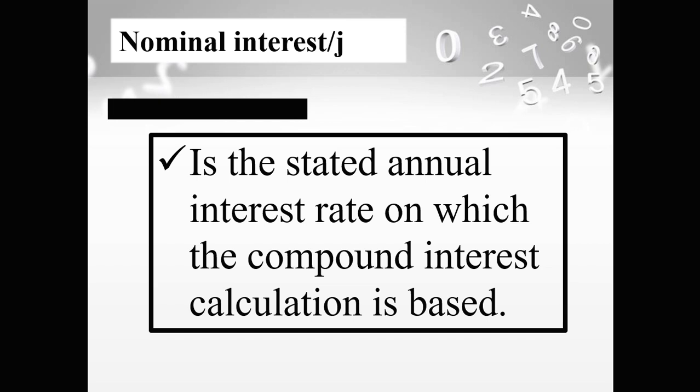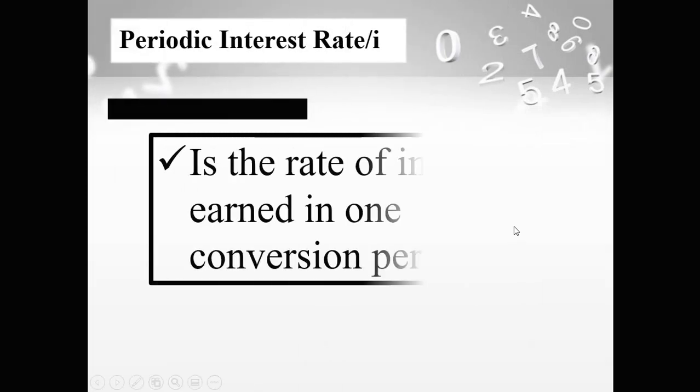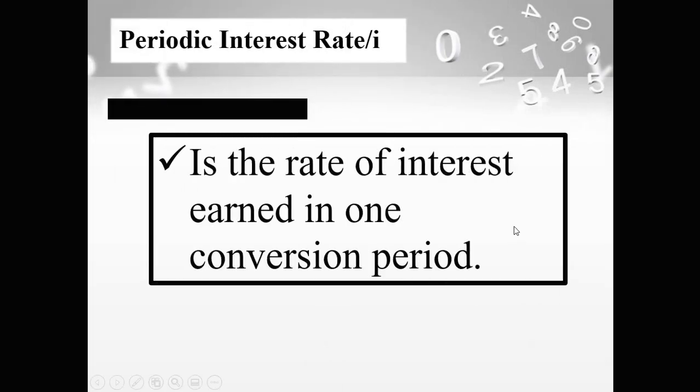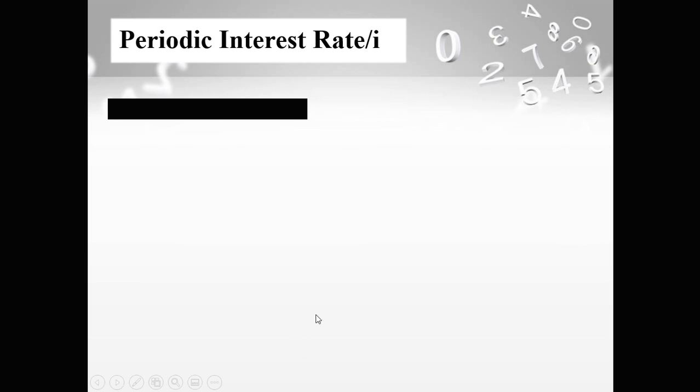Okay? Next, the periodic interest rate, represented as small letter i, is the rate of interest earned in one conversion period. This means that i is your nominal interest rate divided by the number of conversions per year. Okay? Next,